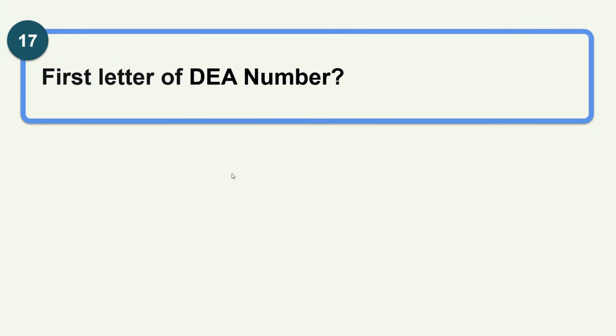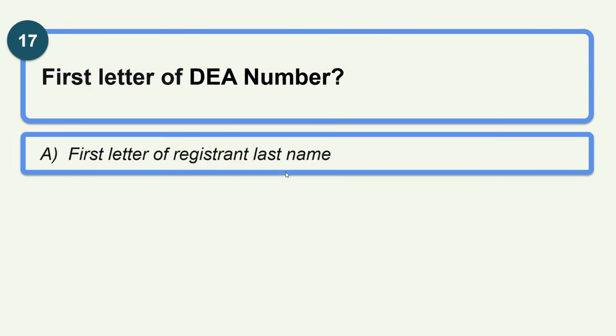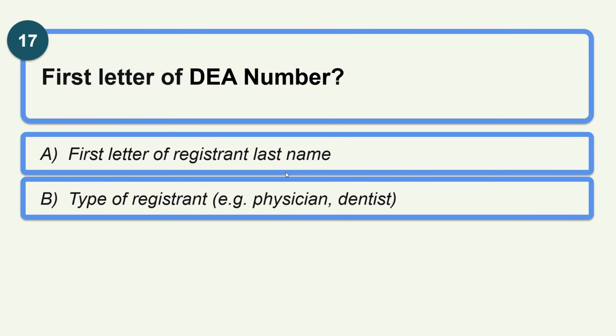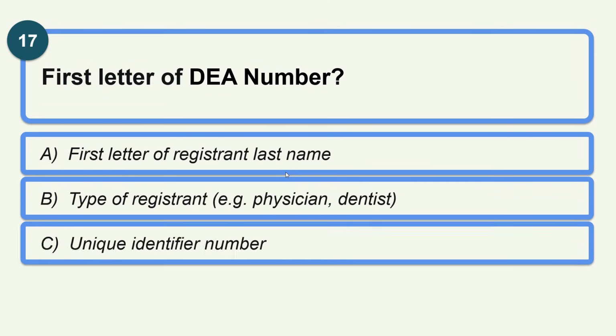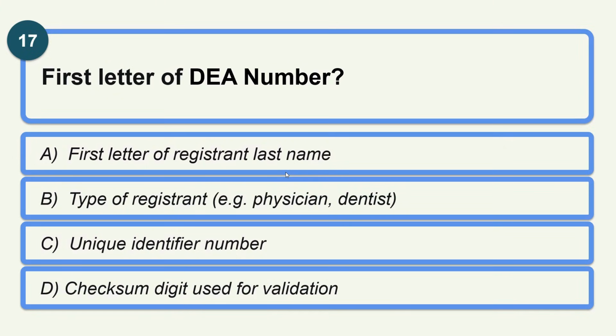Next, first letter of DEA number, first letter of registrant last name, type of registrant such as physician, dentist, unique identifier number, or checksum digit used for validation. So the correct answer is the first letter of the DEA number is a type of registrant such as physician or dentist